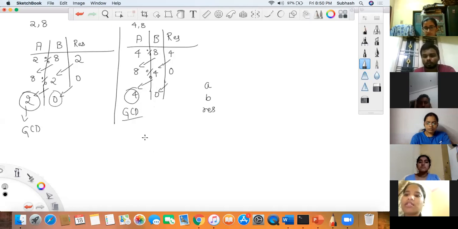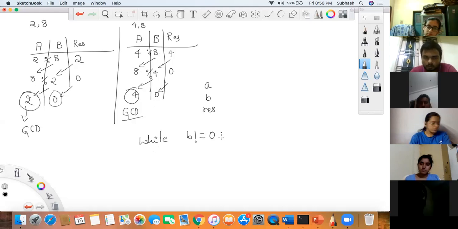So what condition can I use? Put that into while B is not equal to 0. When B is not equal to 0, what do I have to do?